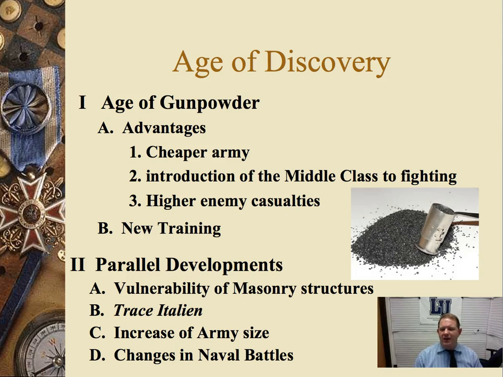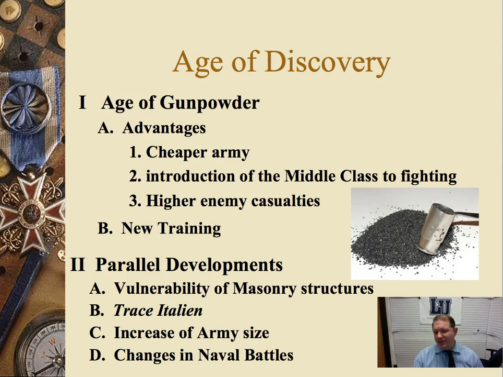The advantages of gunpowder, as the slide predicts, was that kings and governments could have a cheaper army, utilizing the middle class and the lower class as soldiers. Due to the nature of gunpowder and its consequences of force and deadly accuracy, we will see as we approach from 1500 to 1900 higher rates of casualties and a larger cost in terms of both psychological and human loss.